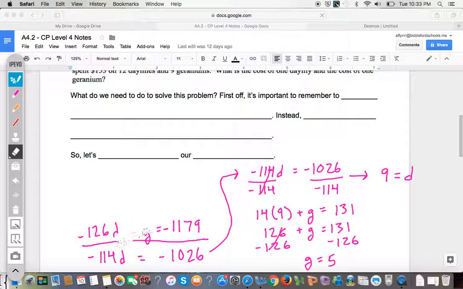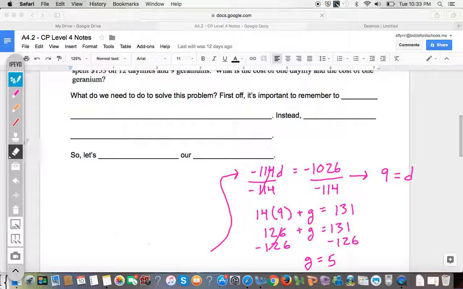So, if you were given this problem during a formative or summative, and you just wrote D equals 9 and G equals 5, you would not receive full credit. Okay? Because these are word problems, so we're looking for realistic solutions. Okay? So what I would be looking for is